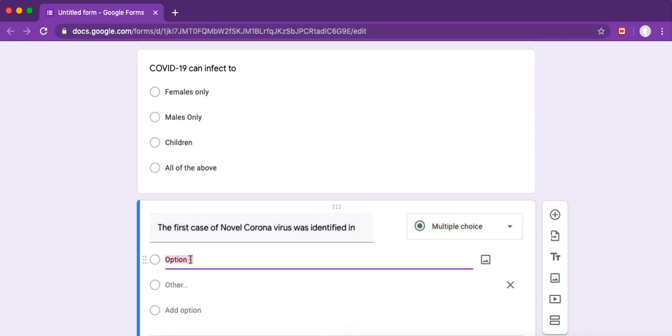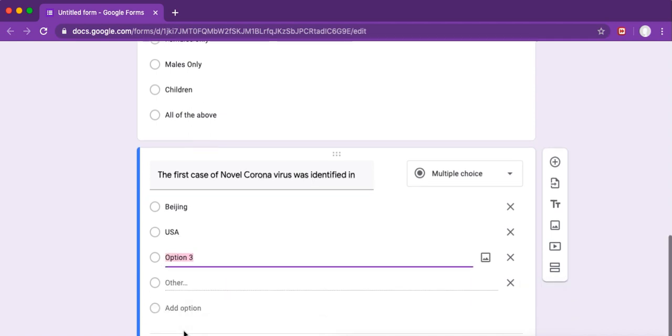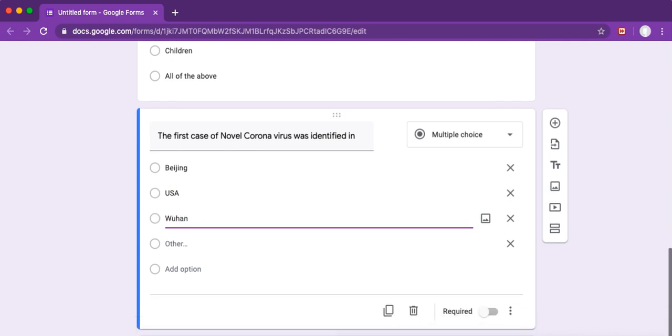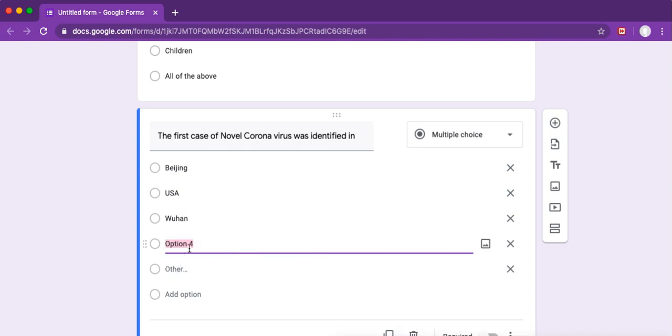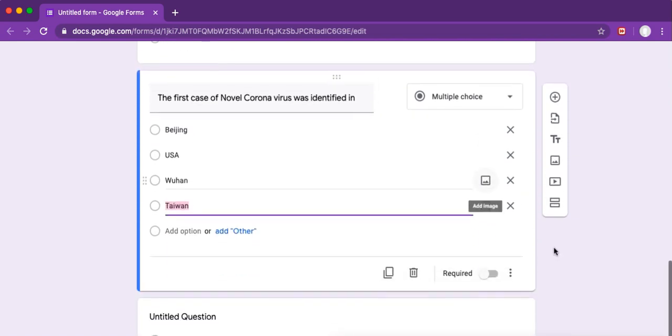The first one, Beijing. The second option, for example, USA. Third, say for example Wuhan. Fourth option, say for example Taiwan. So these are the options for this question, the first novel case of coronavirus. Again we are giving this as a multiple choice question, right?